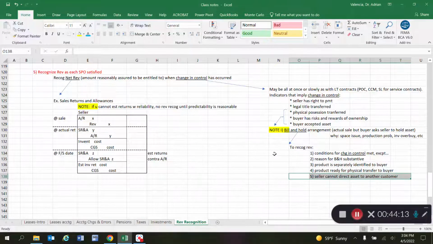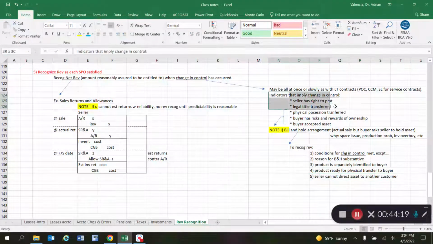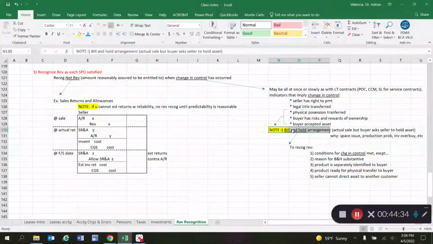So what we're saying here is this. Let's keep this in mind. You can recognize the net revenue when change in control occurs. Okay? We defined what change in control might be. And then now I'm describing this scenario, bill and hold arrangement, where it's doubtful whether change in control has fully occurred. But nevertheless, this is something where the seller has, for the most part, complied with their part of the arrangement or the deal. So in those scenarios, we say, okay, if the seller has mostly complied under the original